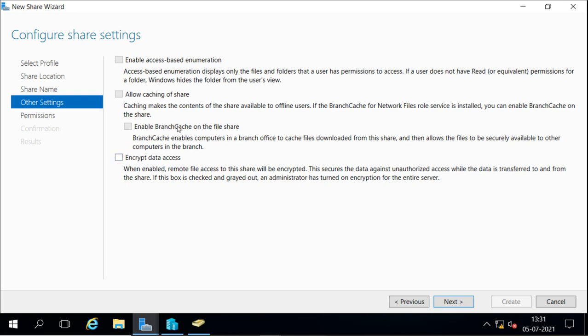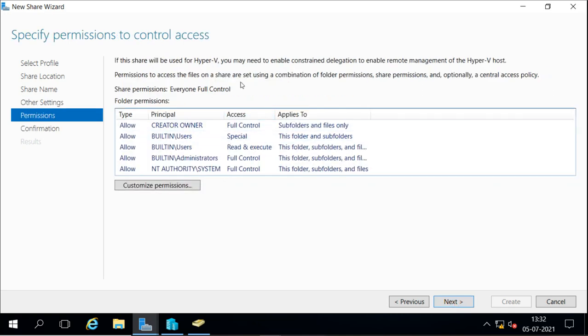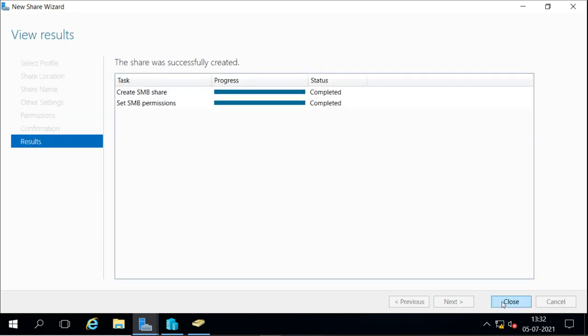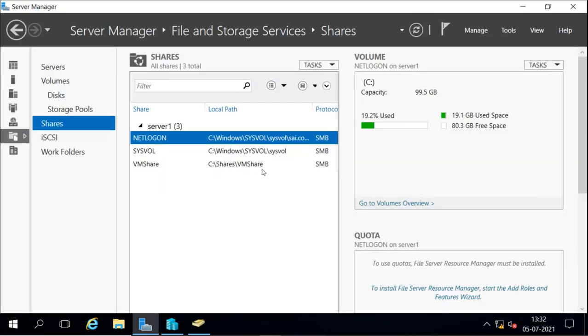These options are not available because this share is only for virtual machines or applications. Then we can provide the permissions, and this is the share created.